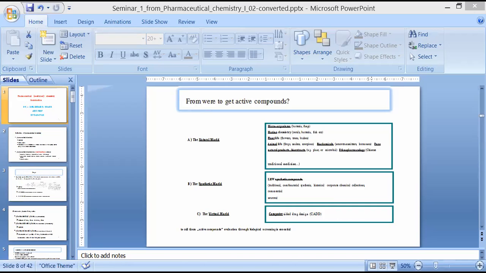Then chemical instability. Some drug molecules are stable in acidic media, some drug molecules are stable in alkaline media. Then some are going to have toxicity issues, some are going to have low bioavailability, and some are going to have poor solubility. So these many modifications we have to do for better pharmacological action.